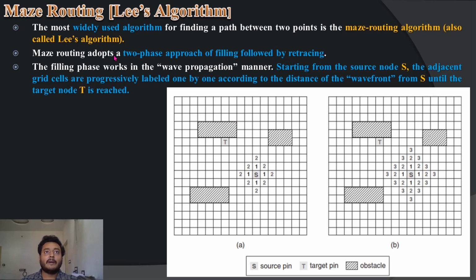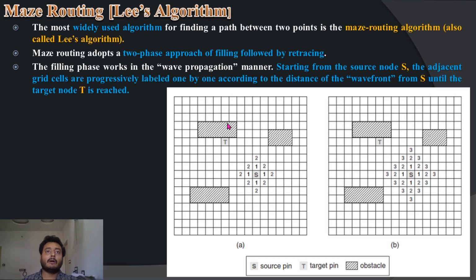It follows a two-phase approach: first filling, followed by retracing. Suppose this is the example we have. This is the layout, and here these blocks are non-routable blocks.